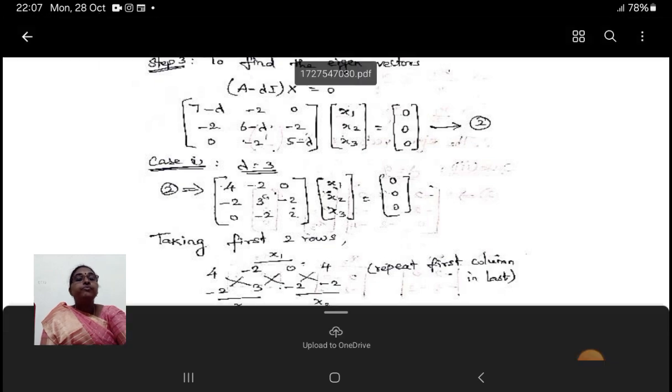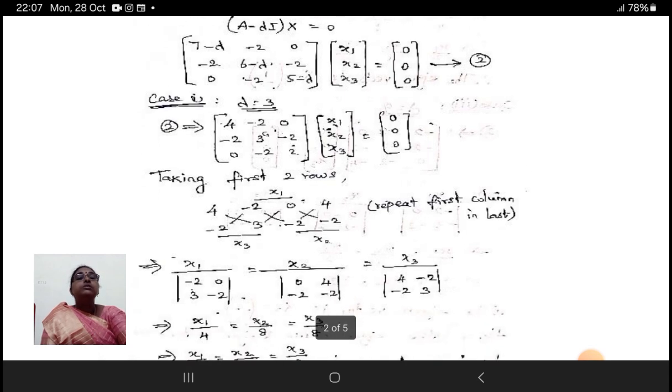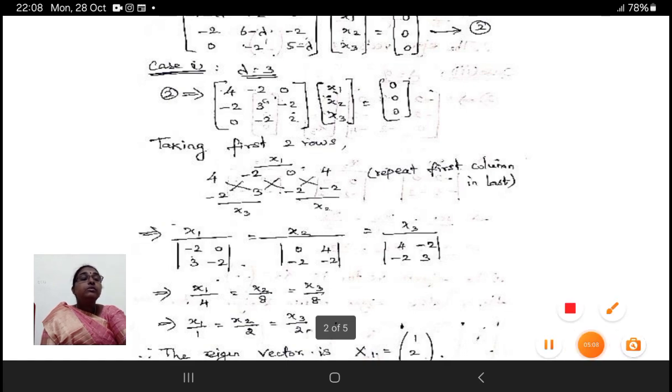Next, using these values we can calculate the eigenvectors. The general form is (A minus lambda I) into x equal to 0. In conclusion, take the original matrix and write the minus lambda along the diagonal alone. You will get the equivalent matrix here. So after this, you get